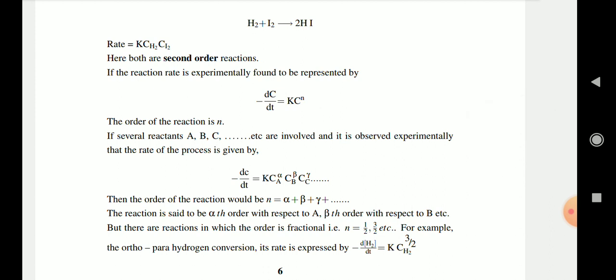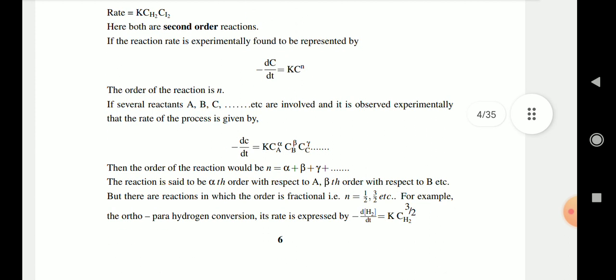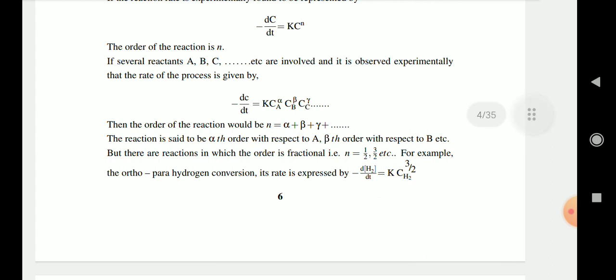If several reactants A, B, C, etc. are involved in it and it is observed experimentally that the rate of process is given by minus dC/dt equals k C_A^alpha C_B^beta C_C^gamma, then the order of the reaction would be n equals alpha plus beta plus gamma plus etc. This reaction is said to be alpha-th order with respect to A, beta-th order with respect to B, etc. But there are reactions in which the order is fractional, n equals 1/2, 3/2, etc. For example, the ortho-para hydrogen conversion, its rate is expressed by